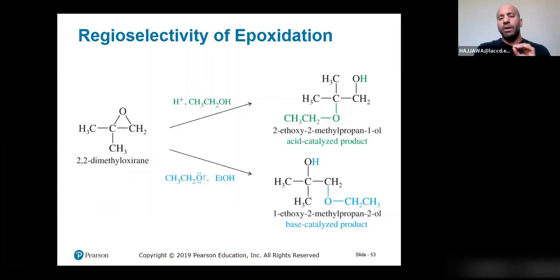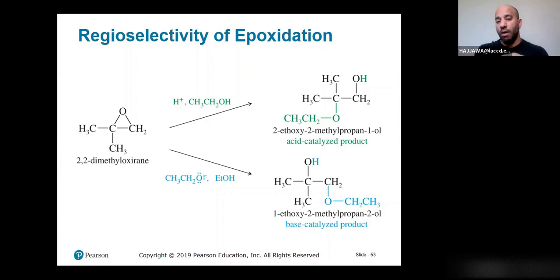So here's an example where I have an unsymmetrical epoxide. So I have the epoxy group substituted from one end with 2-methyl and the other end is unsubstituted. So if I have the acid catalyzed alcohol reacting with this epoxide, what's going to happen? You're going to protonate the oxygen and the alcohol will attack the more substituted carbon. And that's what you see here. You're going to have actually the carbon right here with the 2-methyl going to be eventually the one that's going to have the OCH2CH3 attached to, because the acid catalyzed opening of an epoxide will always put the nucleophile on